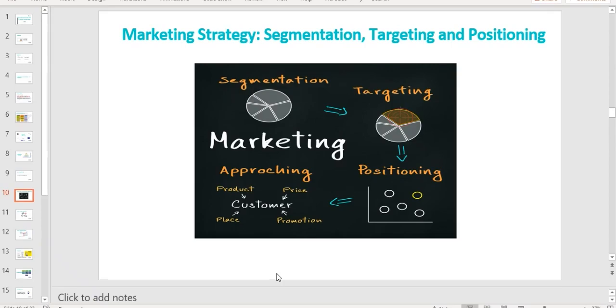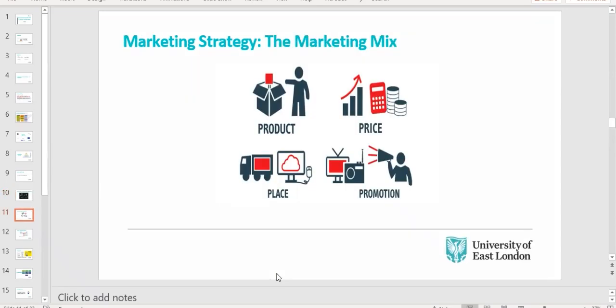You know, so that the customers know that's what I stand for. So segmentation, targeting, and positioning is essentially the core of any marketing activity. Once you know who your segments are, who you want to target, and how you want them to know you, the next step is to think about the product and say, okay, these are the people I want to target, and this is the product that I have. Is there a match? Does the price match with the consumer?